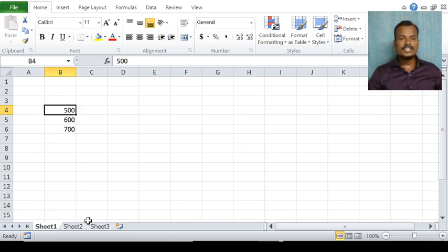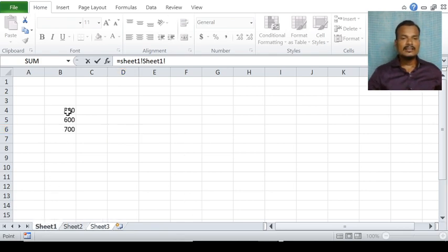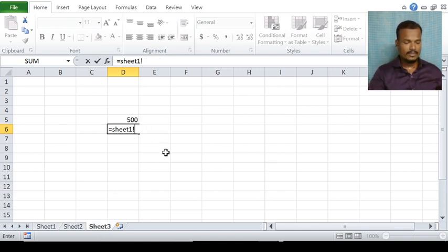Now you just give the formula: equal to Sheet1 exclamation mark, and observe here it is in B5. B5, and press enter.